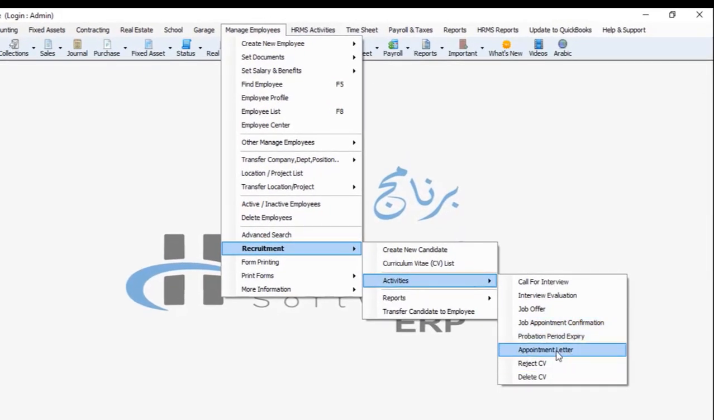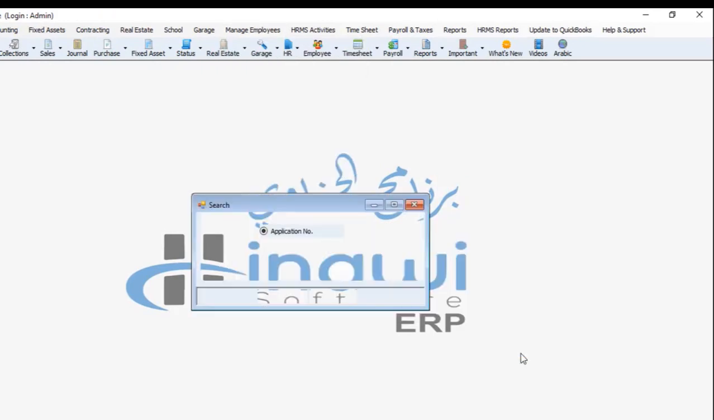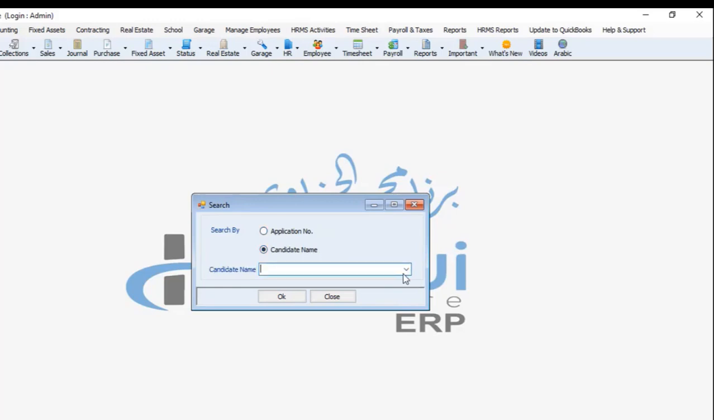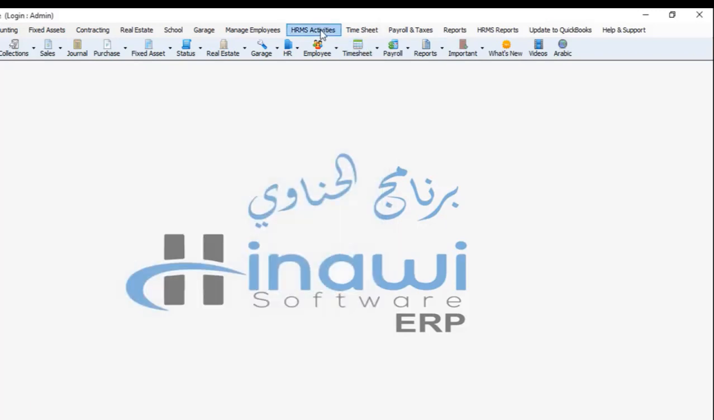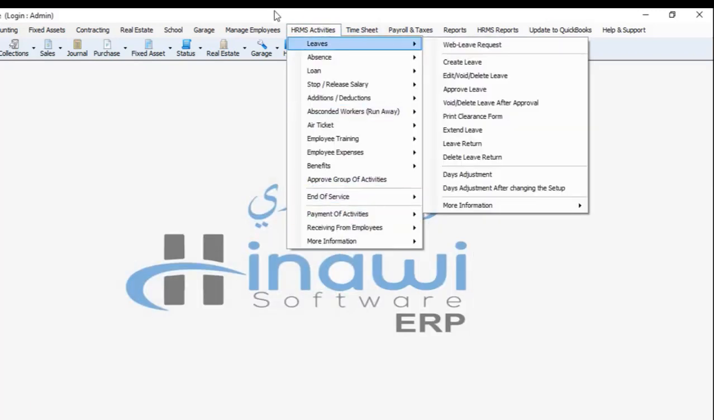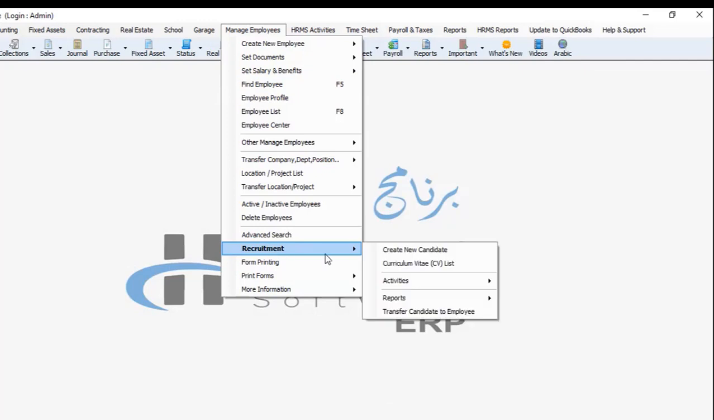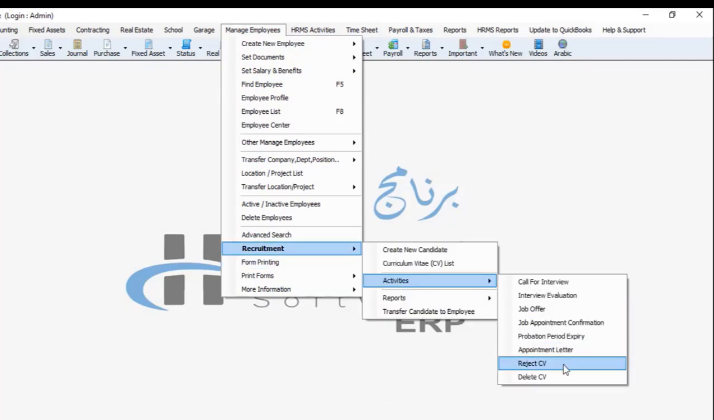Next, we have the appointment letter. We have said here that in the appointment letter, as I said, it will be displayed in the following manner. And finally, we will see here that we can either reject the CV or delete the CV. Now, the main difference is that rejecting the CV will not permit or allow that candidate to become an employee,